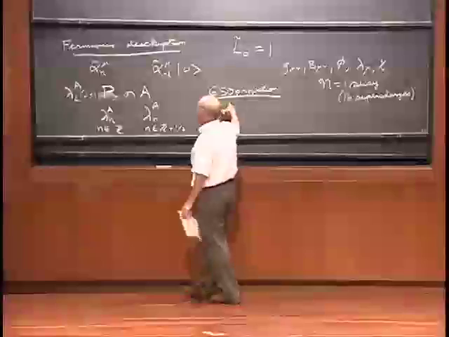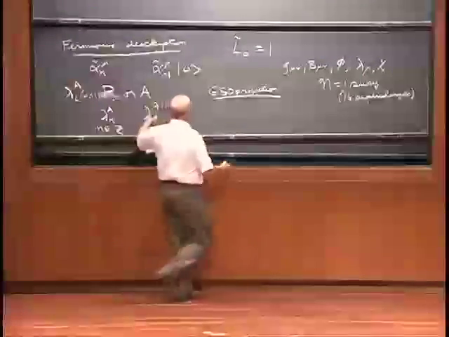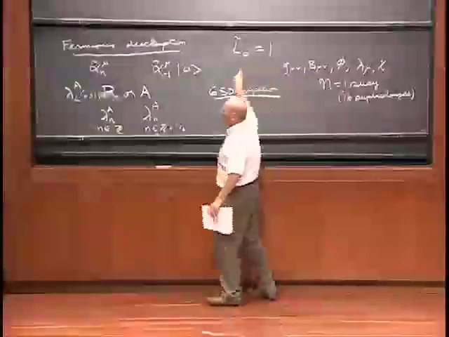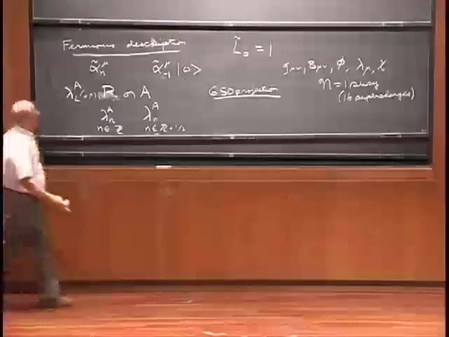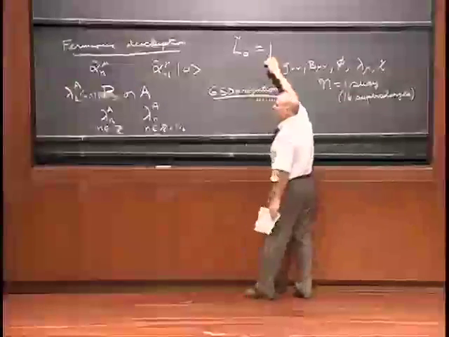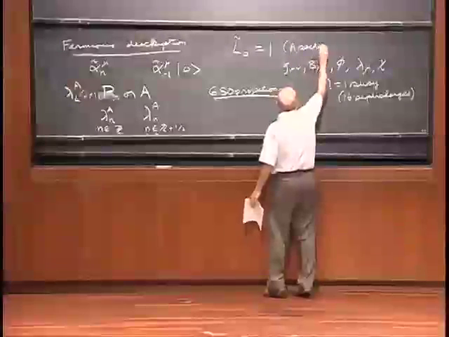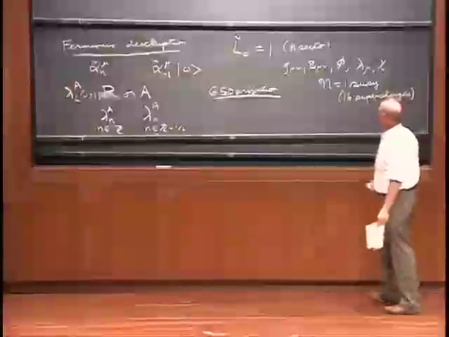So in the A sector, for example, where these lambdas have half integer moding, what we need to describe the massless sector, what we need, because this L0 tilde is 1, which is actually true in the A sector. That's not a correct statement in general: the value of this constant depends on which sector I'm talking about.